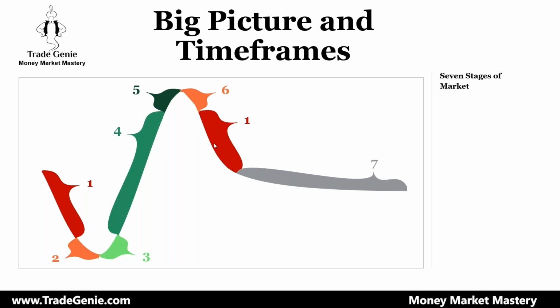So stage 1, panic and depression occurs. It just repeats. Now, after stage 1, it could be stage